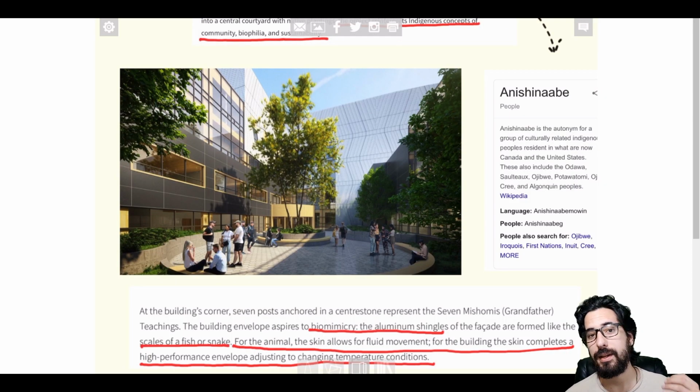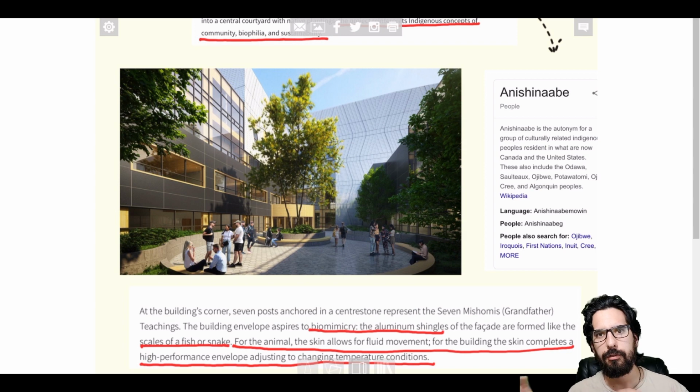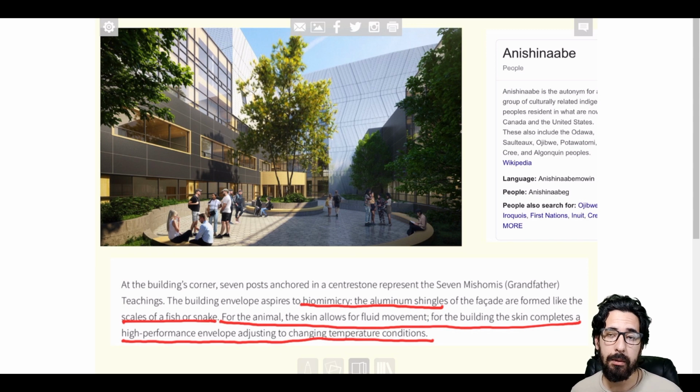scales. And that is because the building envelope aspires to biomimicry, which takes elements from nature and reflects it in the architecture itself. In this case, they used aluminum shingles on the facade to form scales of a fish or snake. They mentioned that on an animal, scales are used for fluid movement, but since a building doesn't move, of course, the skin that's been designed here for this building is actually used as a high-performance envelope that can adjust